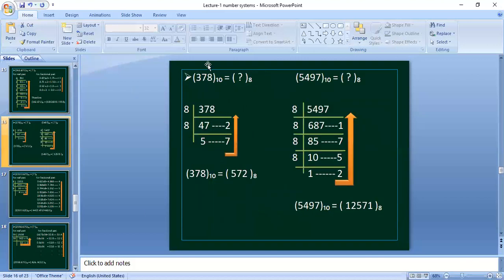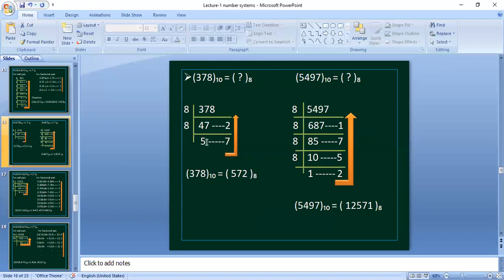Okay. Next, here also I'm taking one more example. That is 378, the given decimal number. We need to convert this given decimal to octal. So the destination base or radix is 8. If it is the integer part, we need to follow the successive division with 8. In this problem we have the integer part only, so we follow the successive division with 8. 8 47s are, so what is the remainder here? 2. In a similar way, 8 5s are 40. What is the remainder here?